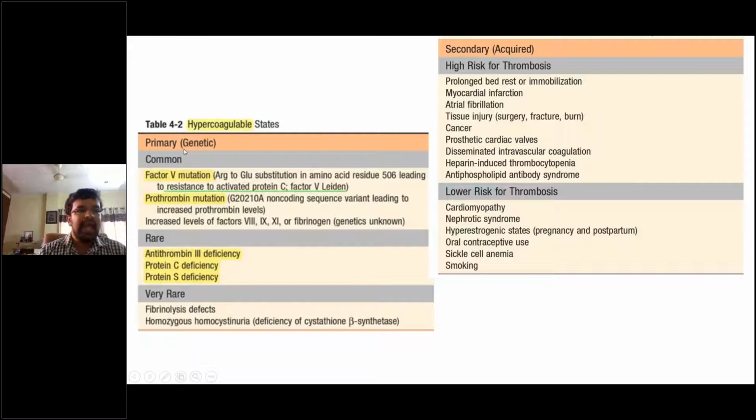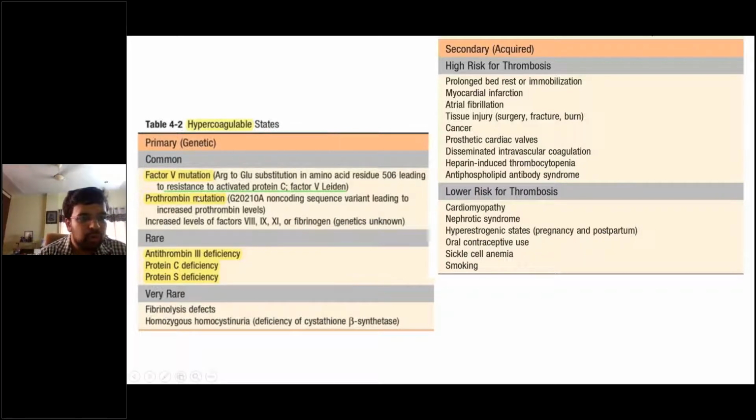procoagulant factors, and the important thing to remember here is that factor 5 gets deactivated by something known as protein C. So protein C here is an anticoagulant, right? Protein C is an anticoagulant and normally it deactivates factor 5. But in factor 5 mutation, the configuration of the factor 5 molecule changes such that there is resistance to the activity of protein C. So the protein C is basically not able to attach to the factor 5 in the factor 5 mutation. So factor 5 mutation will result in a hypercoagulable state because factor 5 would be working more than normal because it is not able to get inhibited by its inhibitor.